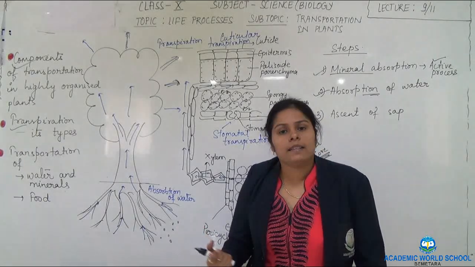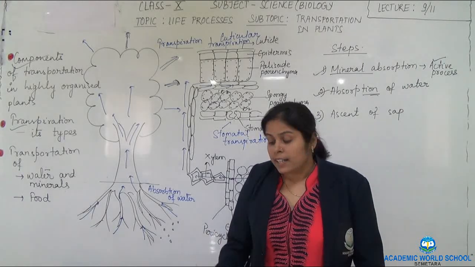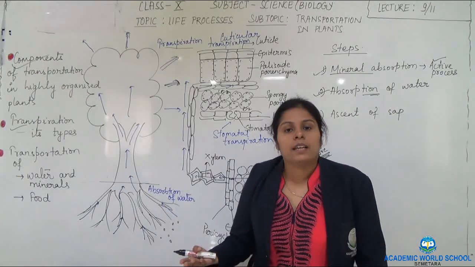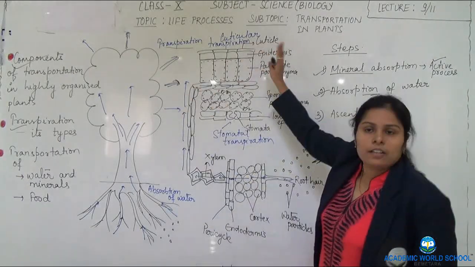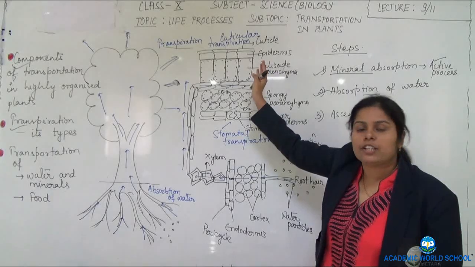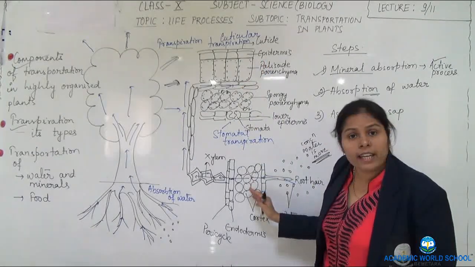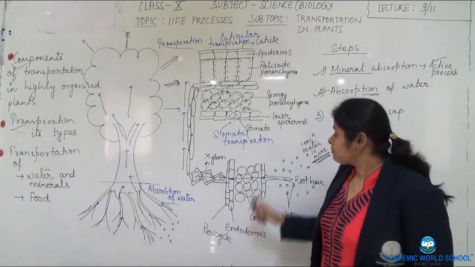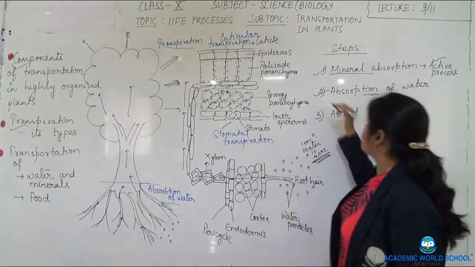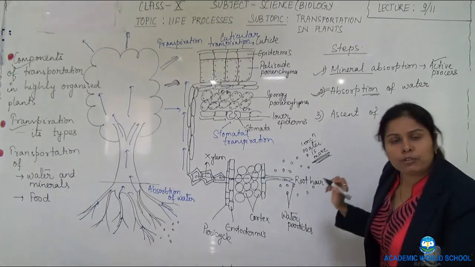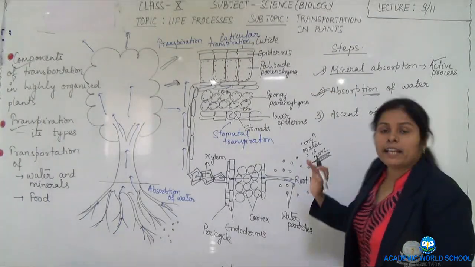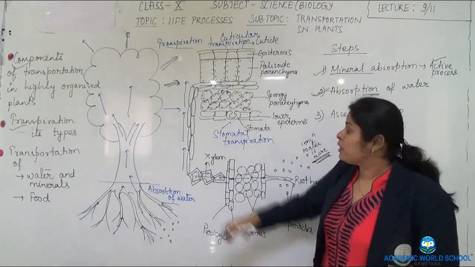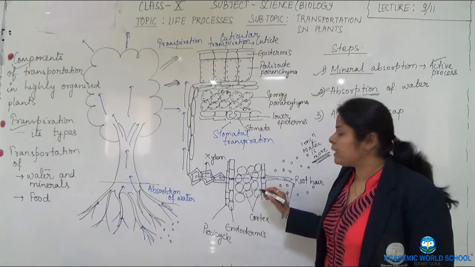You just get up early in the morning, maybe 3 o'clock in the morning, take a plant and cut a section of it. You will find water coming out, because at that time transpiration is not taking place, or if it is taking place, it is very less. The root pressure will be very high and the water will ooze out from the aerial parts of the plant. So for short heighted plants, absorption of water and this positive root pressure is enough for supplying water. But the transpiration pull is required in tall plants, because this root pressure is not enough.